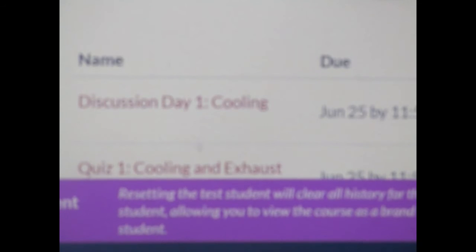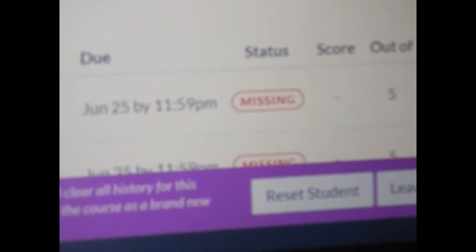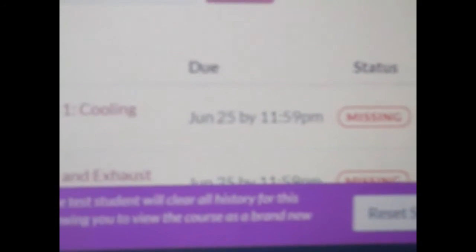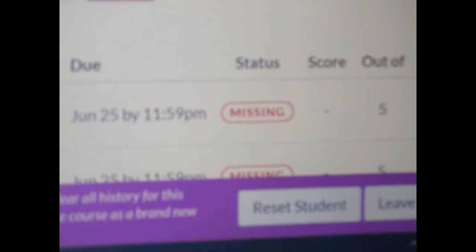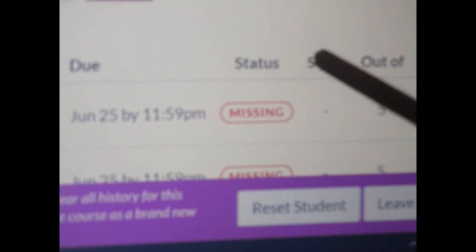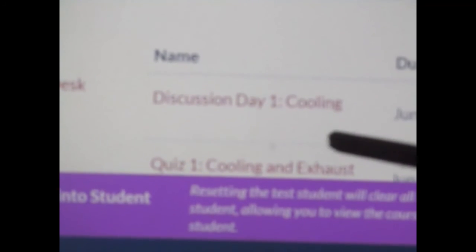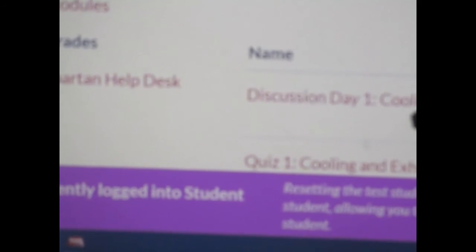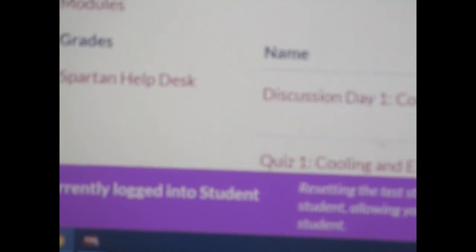You'll be able to look at the name of the assignment, the due date, the status, the score, etc. And as you can tell, for each student, you'll be able to see these possibilities of scores. Over here, out of 5, it says. You can't read that very well, I'm guessing, but there it is, right about there. Out of 5, here's a score not achieved. Why? Because it was missing. So maybe you have to send a note to the teacher. I'm working on that. And I'm hoping you can really accept that still. And of course, you can see this is the full length of your